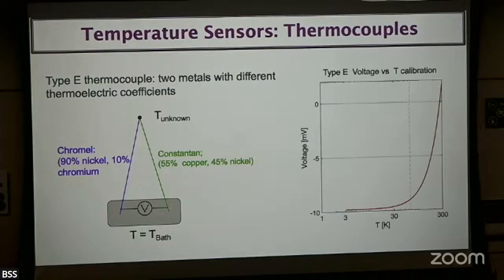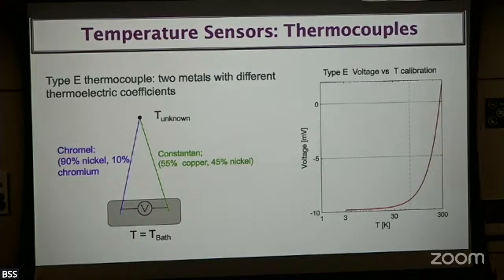Also, of course, calibration is available. NIST does the calibration for us. You can download the calibration all the way down to 4 Kelvin, and we check it from time to time. About 10 years ago there was a lot of variation, but recently things are really on top of it. So this is the calibration.